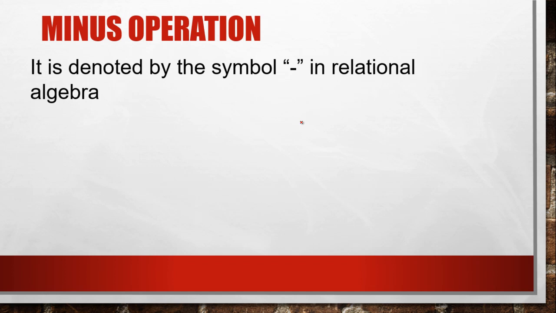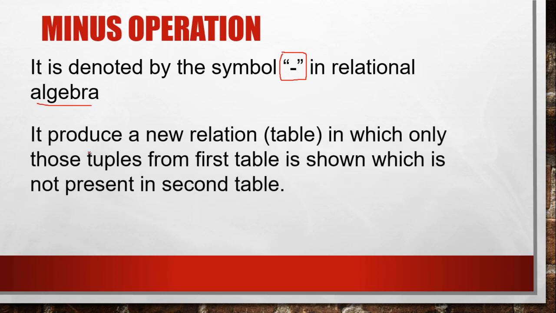Now the next operation is the minus operation. First let me give you a brief introduction about it. The minus operation is denoted by the minus symbol in relational algebra, the symbol of subtraction. Now it produces a new relation. Obviously, it produces a new table as a result,